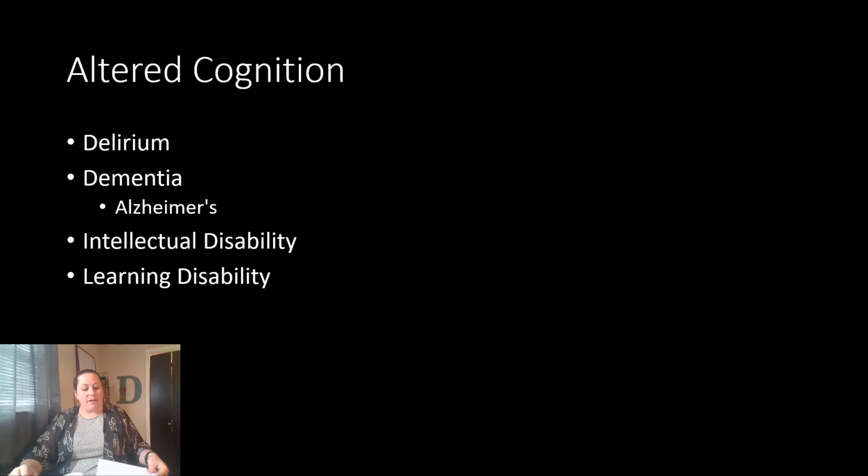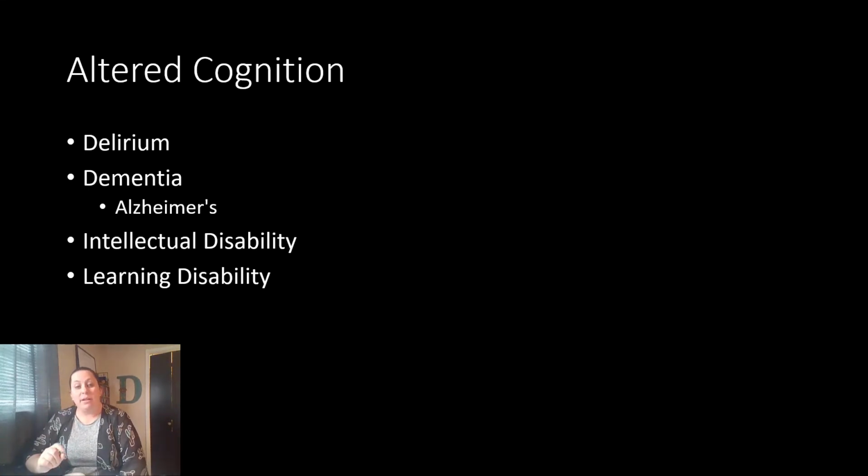If we look at primary, it's not due to another disease. Secondary is due to another disease process. So some primary examples would be things like Alzheimer's. We also see that it could be due to a secondary issue like a traumatic brain injury, or HIV infections. So there are different forms. Some other types, like we said, Alzheimer's, but there's also Creutzfeldt-Jakob disease and AIDS dementia complex.